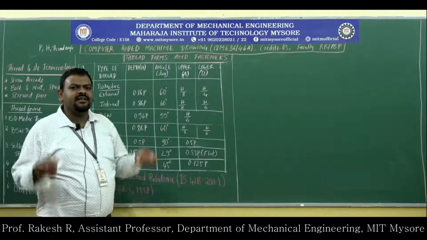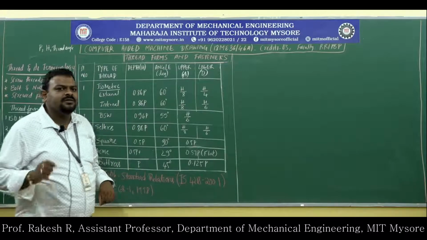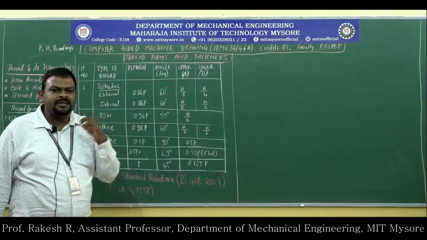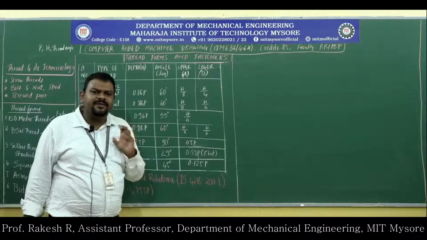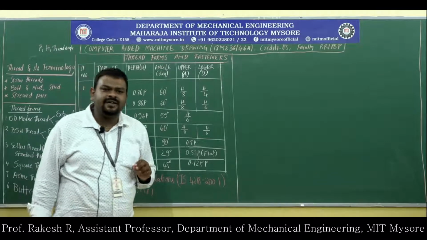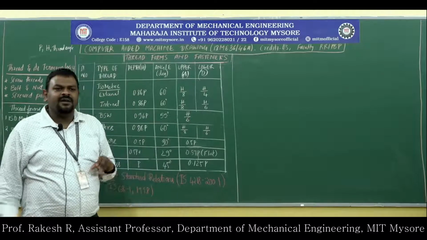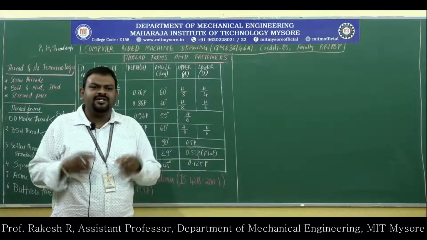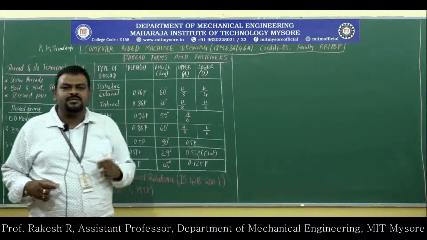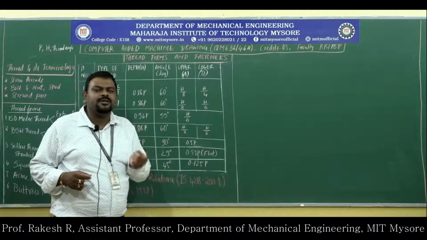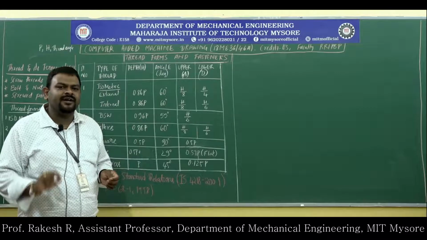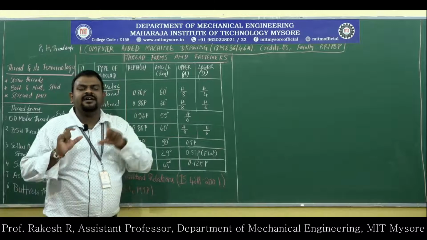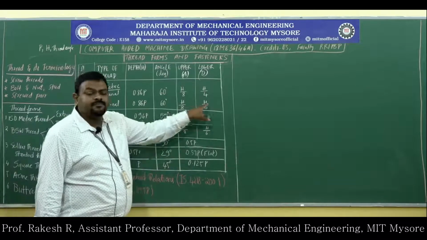In order to meet the fit conventions, they have derived these relations. Clearance fit has a standard, interference fit has a standard, and transition fit has a standard. Bolt and nut are basically making a joint, and that joint is based on some tolerances. To meet those tolerances or allowances, we have to standardize the relations of the external thread and internal thread. So this is the relation.